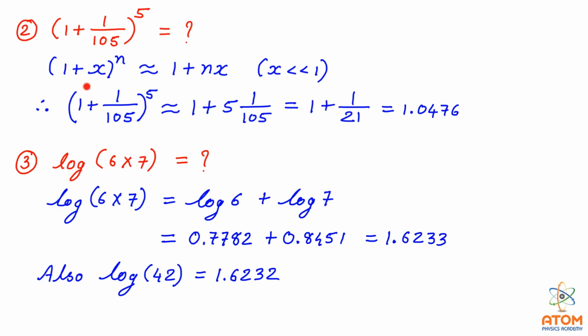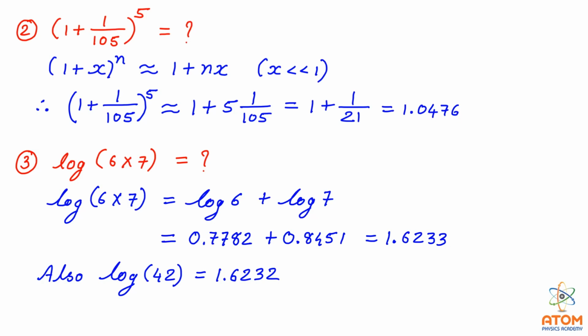So here this is 1 plus 1 upon 105 raised to 5. So 1 upon 105 is at the place of x and 5 is at the place of n. So the answer will be 1 plus nx. That means the answer will be 1 plus 5 into 1 upon 105. That means it is 1 plus 1 upon 21, and that gives us